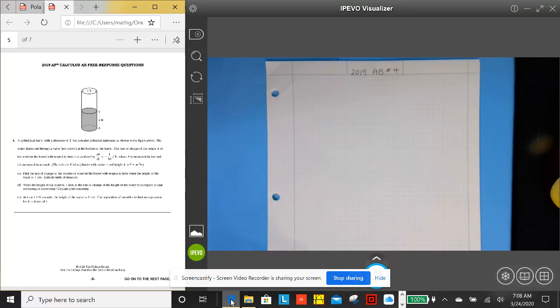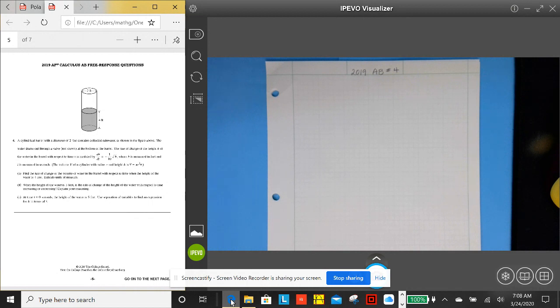Today we're going to work out problem number 4 from the 2019 AB exam. This is a combination of related rates and differential equations. So here we go. Number 4 says, a cylindrical barrel with a diameter of 2 feet collected rainwater as shown